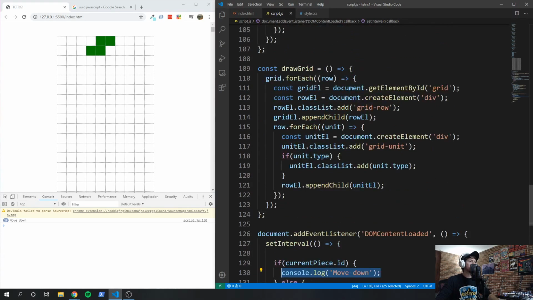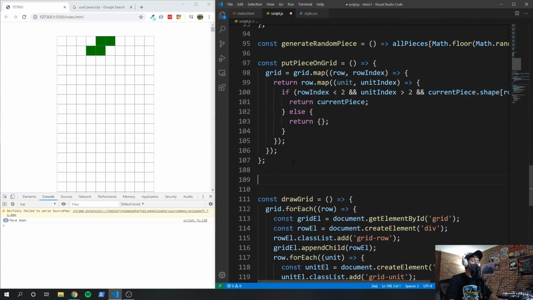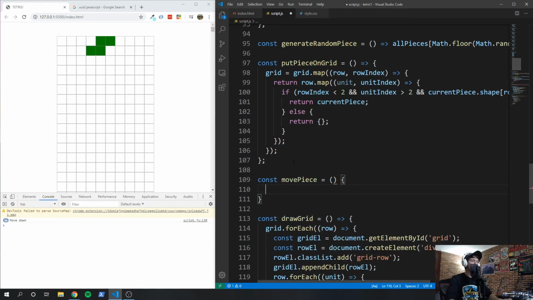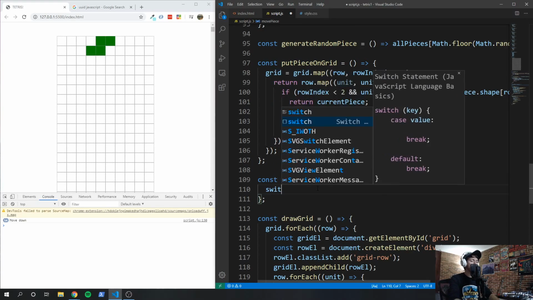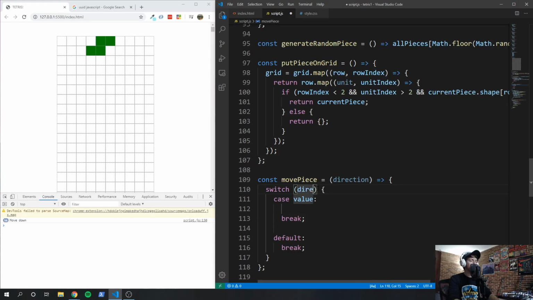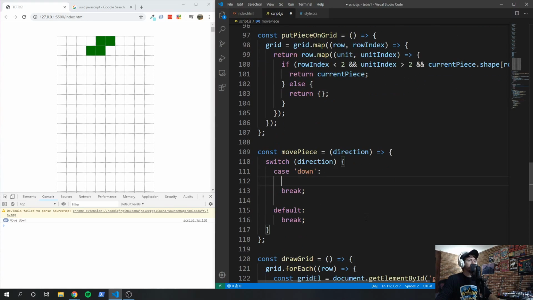All right, so let's create a function called move piece, const move piece. And I think I want to reuse this function for each direction you can move a piece. There's only 3 directions you can move a piece in Tetris: left, right, or down. And right now we're only going to care about the down part. So let's add a direction here and then a switch statement. And we'll switch on direction. And for now, we'll just take care of the down case. All right, cool. So in the case of down,